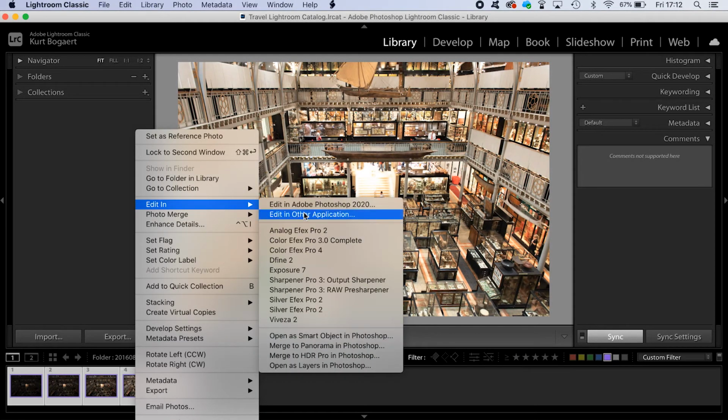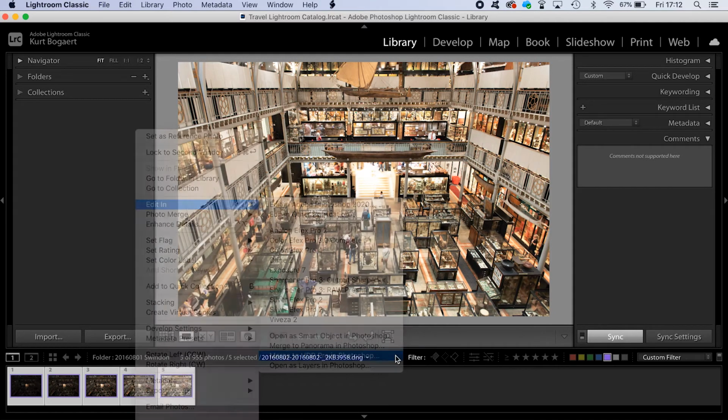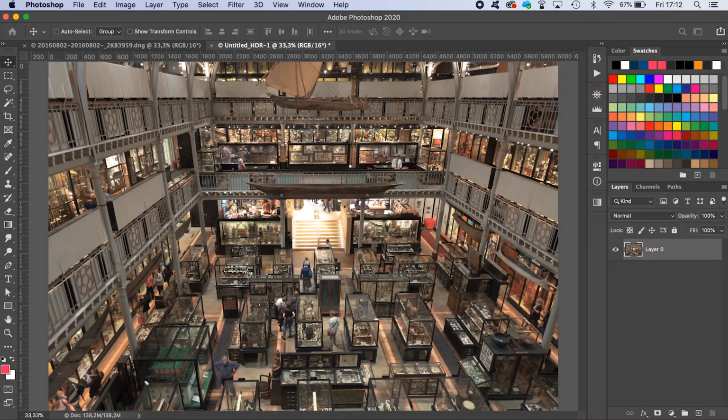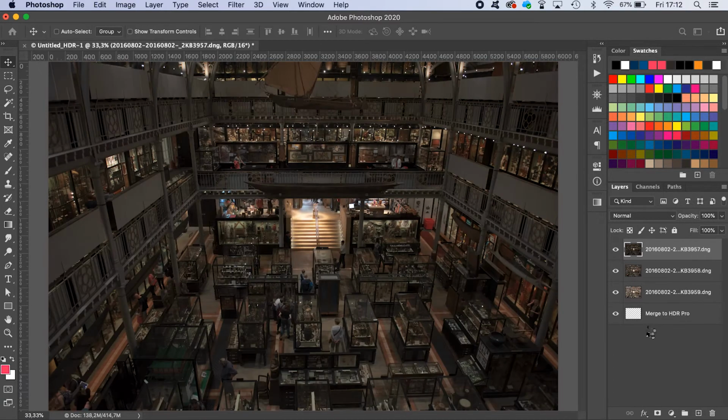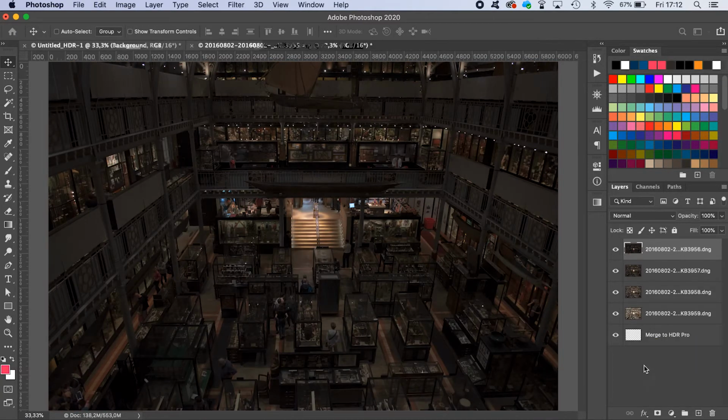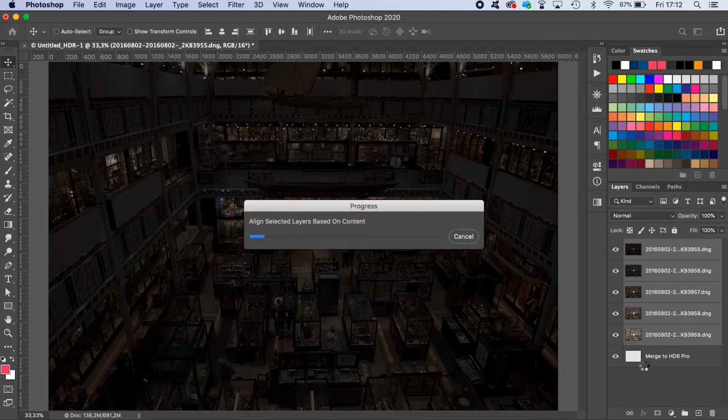So I click Edit in, Merge to HDR Pro in Photoshop. Photoshop will open up and start importing the 5 images from Lightroom. Once imported, Photoshop will align the images